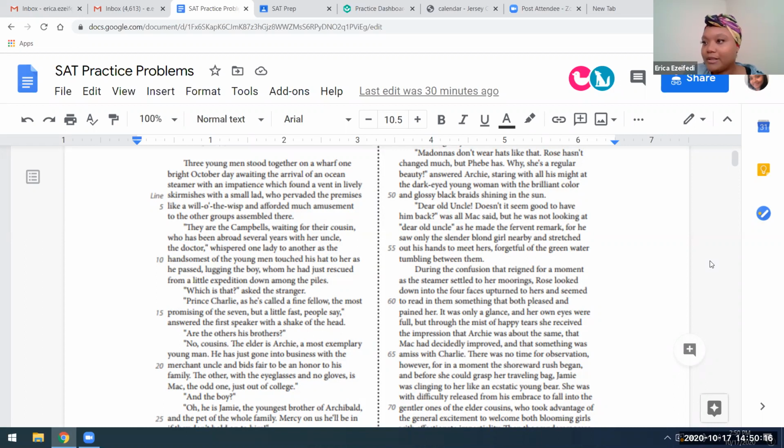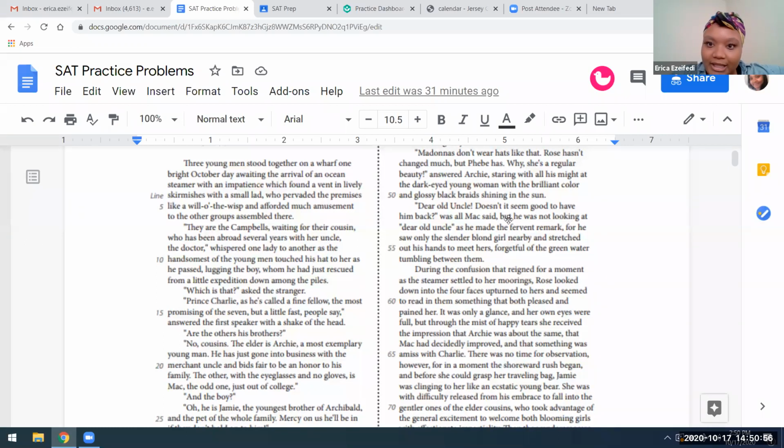What it's showing you is that, yes, he's speaking to his uncle, but he's not actually paying attention to him, because we know that for sure from the last clause, the last sentence, which says he was forgetful of the green water tumbling between them. So the point is, he's forgetful of the green water tumbling between them, and if we go up to the beginning of the